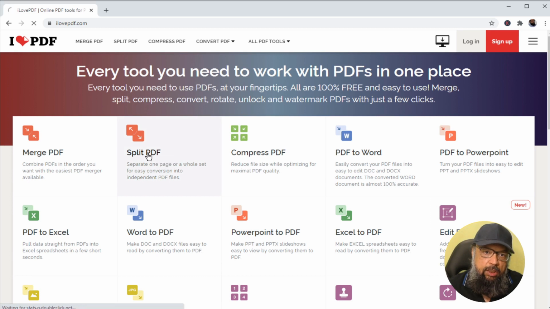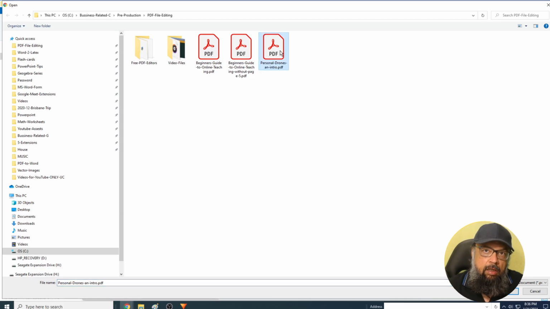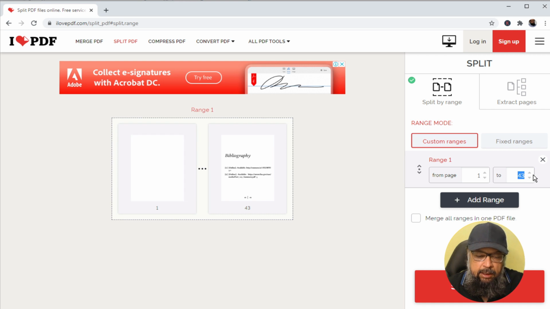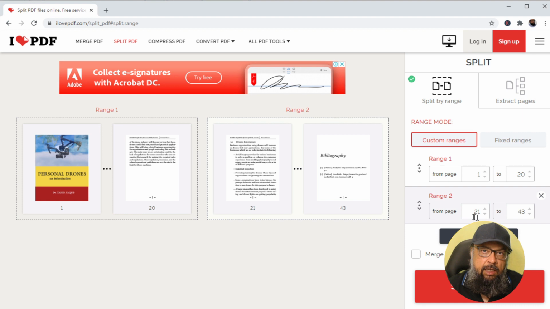example. So I click on that, I click select PDF, and this time I select a large file, and now as you can see, this file has 43 pages and I want to split the first 20 and the rest of the 23. So to do that, I click in the second column and I select 20 here, and then I click add range, and it has automatically filled the rest of the pages. If you want, you can create a custom range, but I just want to demonstrate quickly. So I don't want to create any other range.